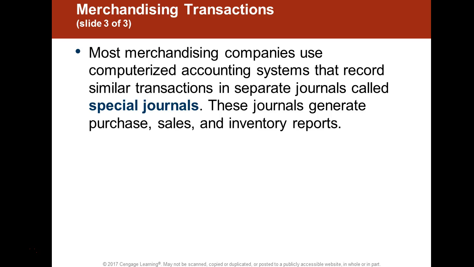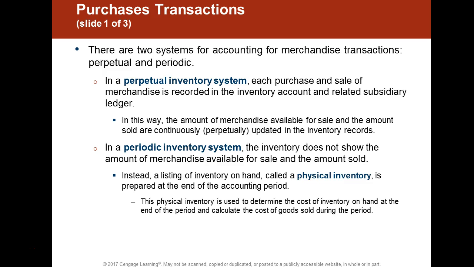So companies are going to use separate journals to record these transactions. Again, the transaction being recorded will determine the actual journal that's being used. If you're recording a sale, you're going to record it in the sales journal. If you're recording a payment of a bill, a disbursement, you're going to show it in the cash disbursement journal. If you make a purchase, you're going to show it in the purchase journal, and you can also show it in the accounts payable journal because you may purchase that item on credit.